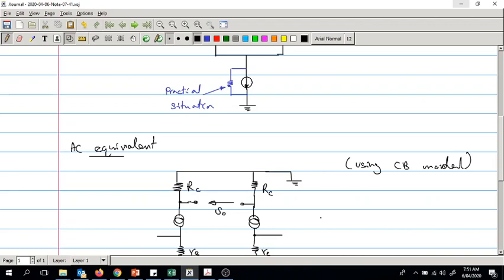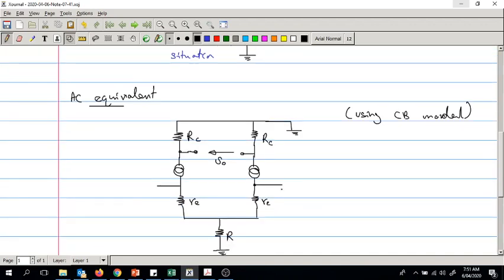Common base model for the transistor. We get this equivalent circuit, right? So this is the AC equivalent circuit, and our input would be this. So this is my input, which is Vd, the differential input, and this is Vout differential, the